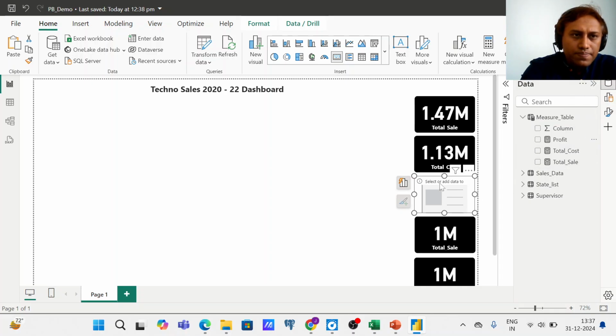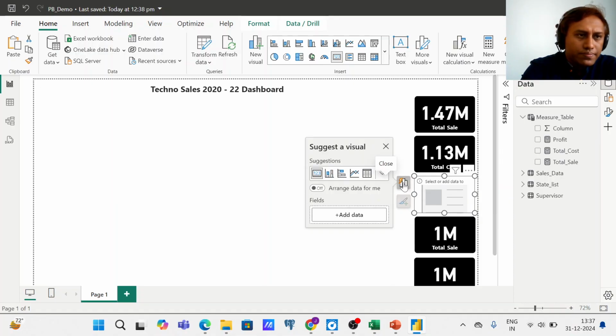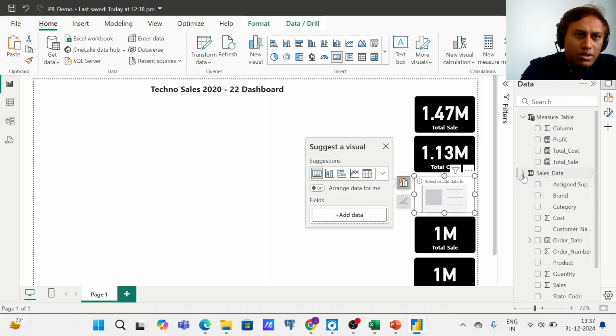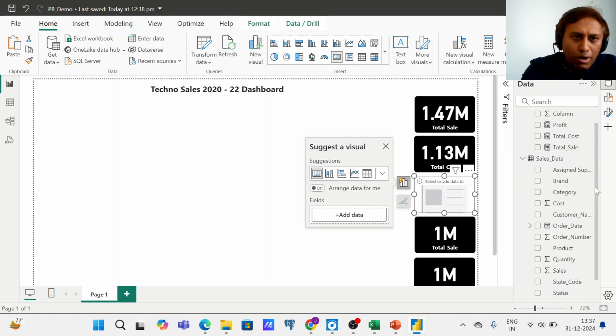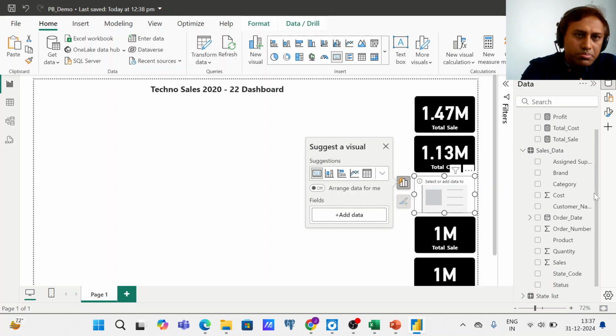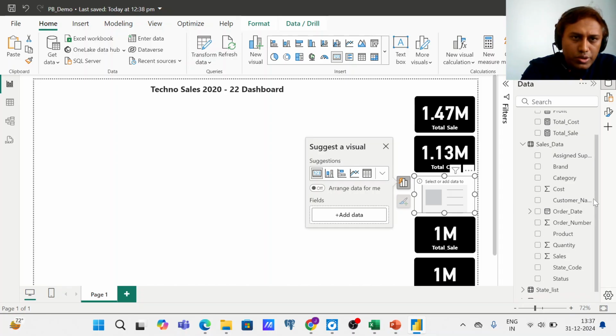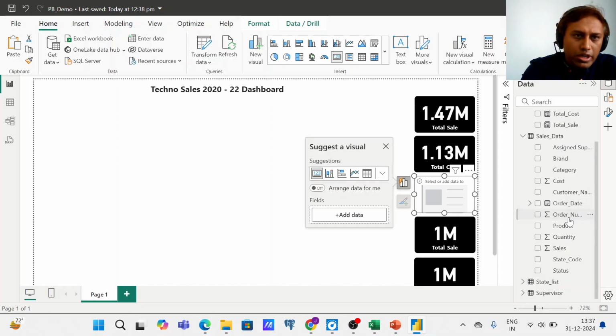Let me go to the add data. Which data I want to add over here is, go to the sales table. I need not write a measure for that. I'll just count the number of order numbers, right? So there is order number, see, order number. And if I just drag it over here in the data field,